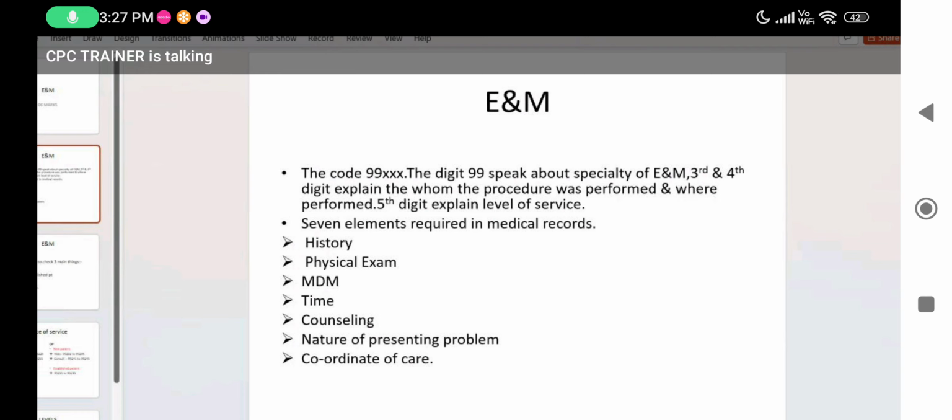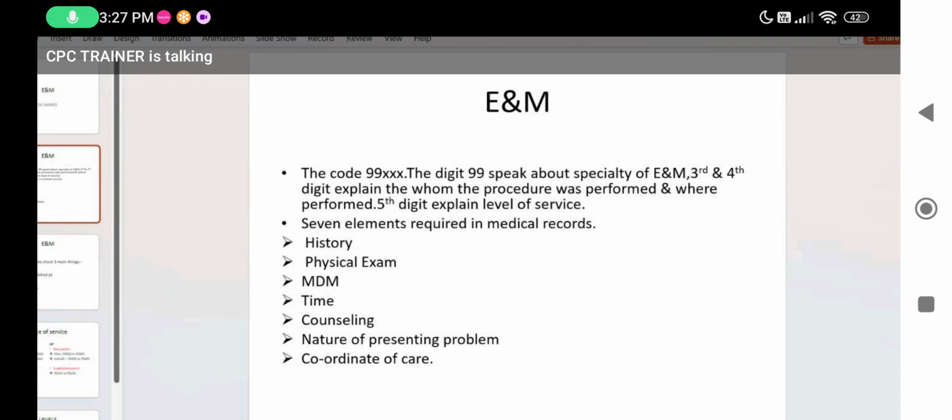It is a must because we have it in your CPT book. But in coding, we have to check only MDM. This is the 2023 guideline. Are you clear? We don't need history, physical exam, timing, counseling, nothing is needed. Only if MDM is documented, we code based on that. This is the coding guideline.